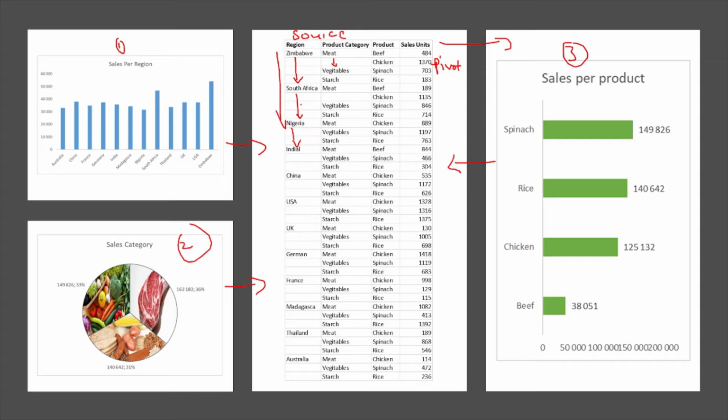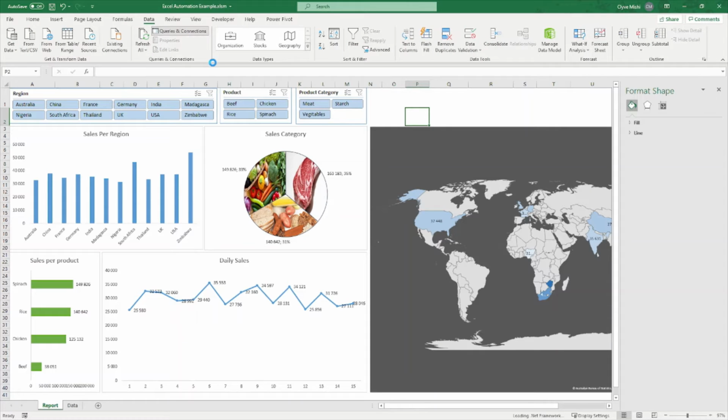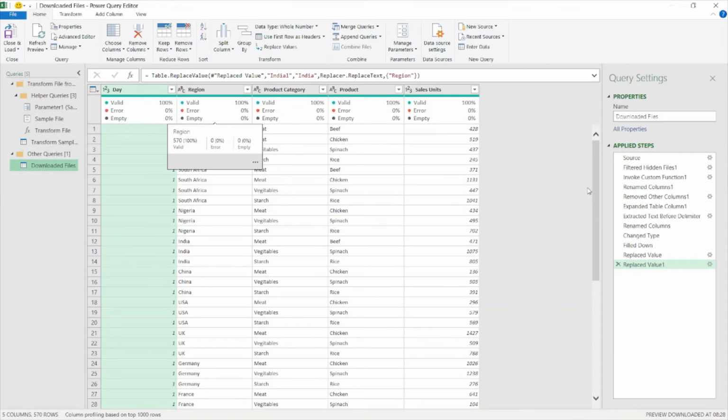We are going to look at Power Query. We did look at Power Query before, and we looked at what it can do. If you haven't yet looked at what Power Query can do, do yourself a favor and search for the video which I have on Power Query. I'll put the link in the description of this video. If I go to Data and then Queries and Connections,